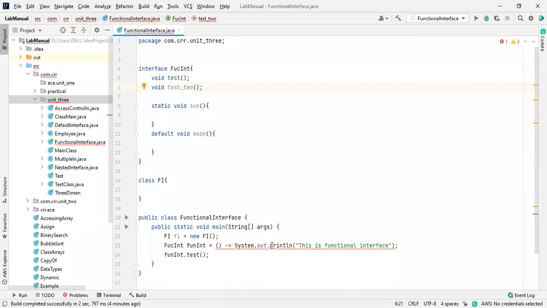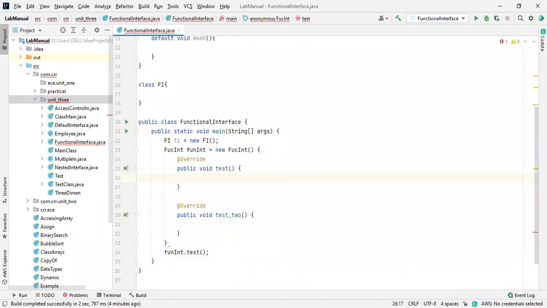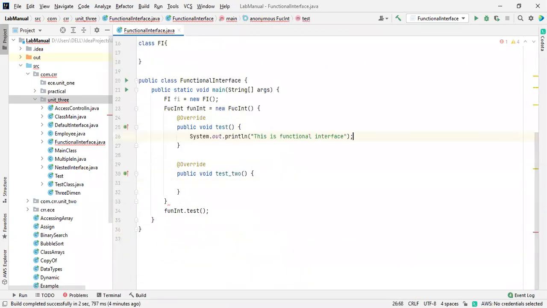So here, let me copy this one and show you. If I don't mention any annotation over here, this is what will happen. Now you can implement it by using new FunctionalInterface inside this. I paste it over here, and it is asking for this one also.